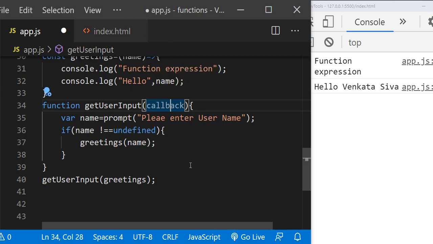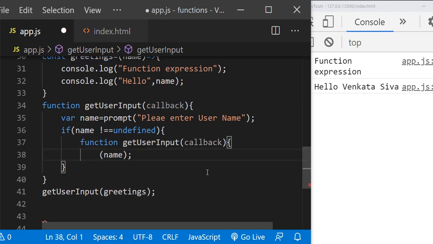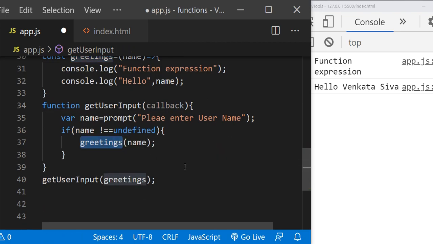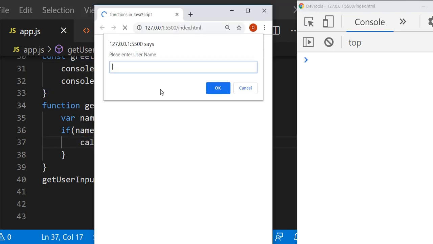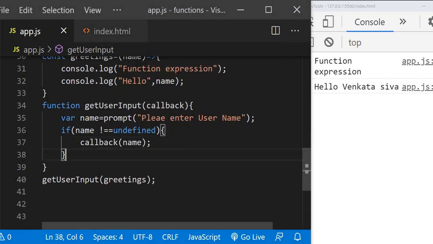Now I'll copy this and paste it. So this is nothing but a callback function.